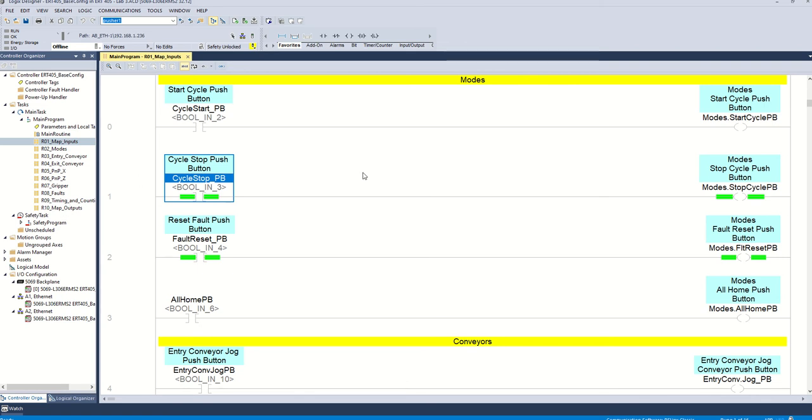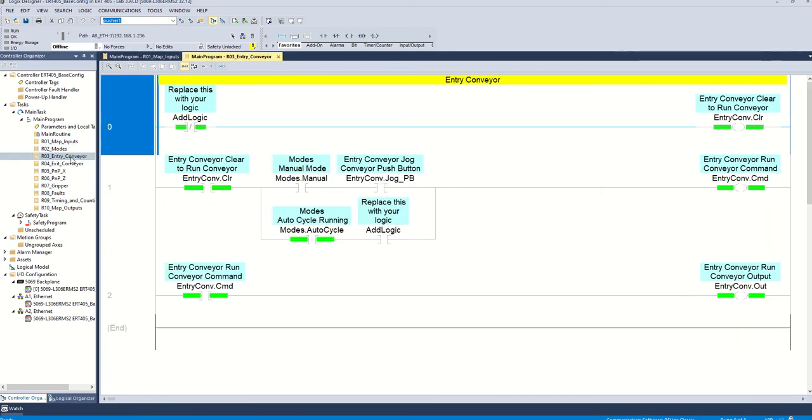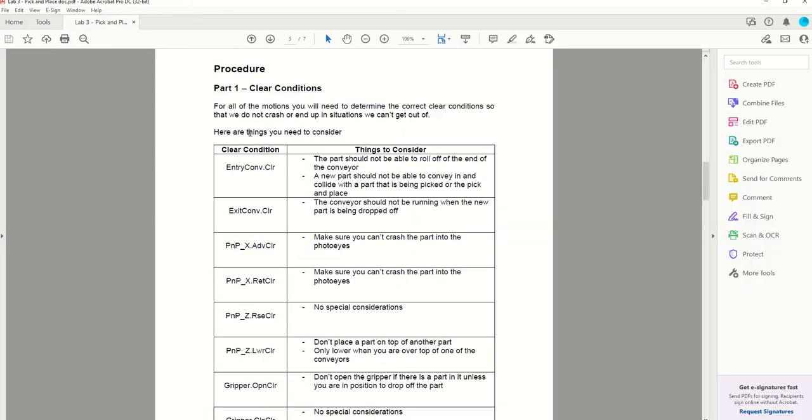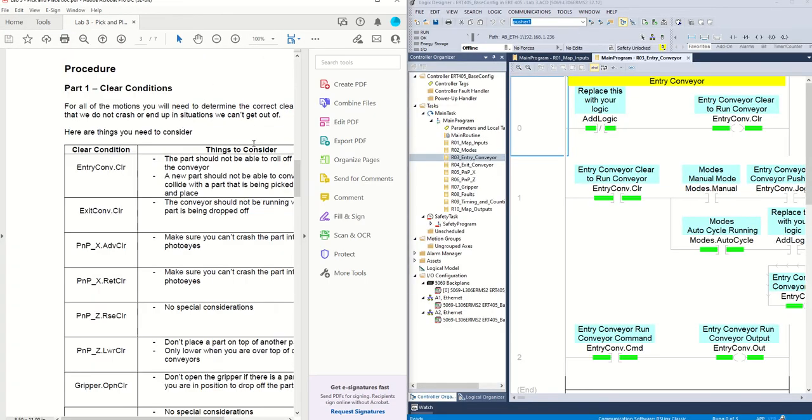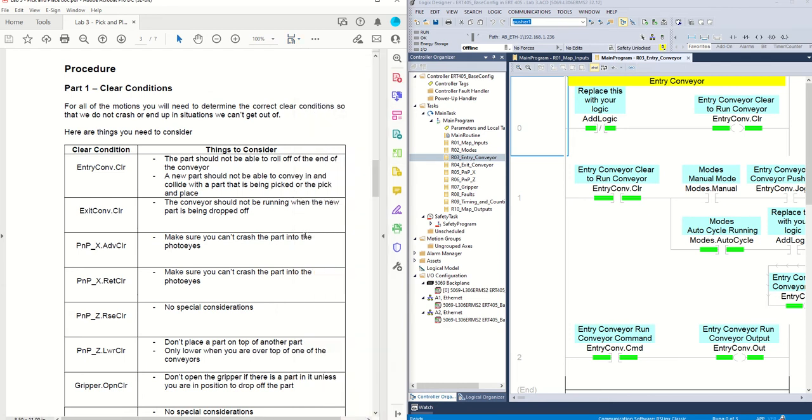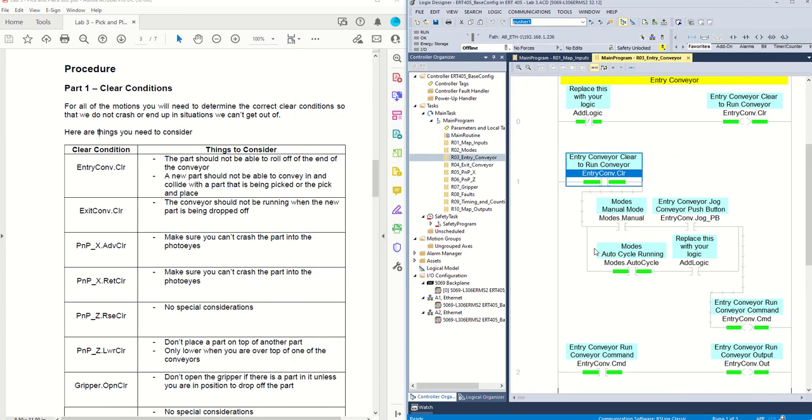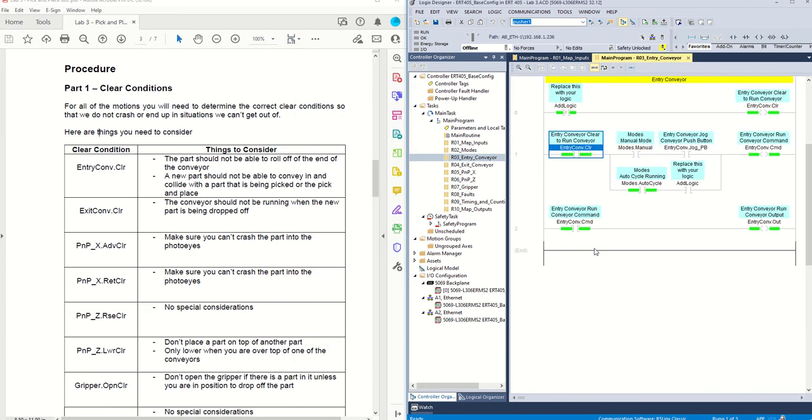And we will move right along into this here. So let's get going. Let's start with the conveyors. We're going to go through and define all of our clear conditions first. So let's start looking at our conveyor logic. So this says,